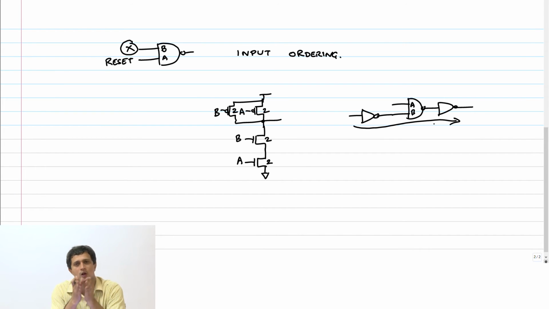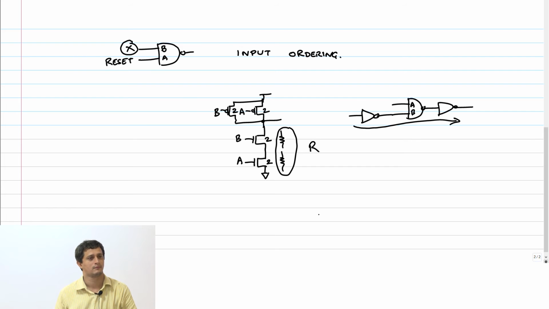So think about it. What is logical effort? Logical effort is a measure of the capacitance offered for a given pull down resistance or a pull up resistance on the stack. So the resistance is actually coming from the stack. It's not just from that one transistor, because there is one resistance from here, another resistance from here. These two together give me a resistance R. And we made this equal to R by 2 and R by 2 in our original sizing, where I could not choose between the two inputs. The two inputs were equivalent.